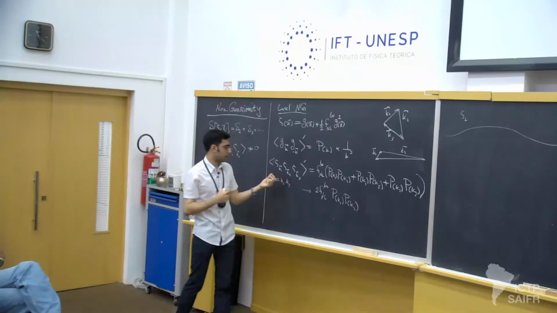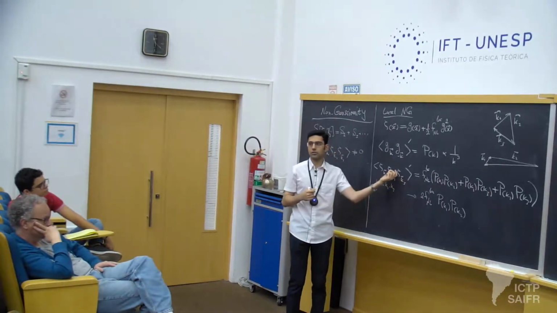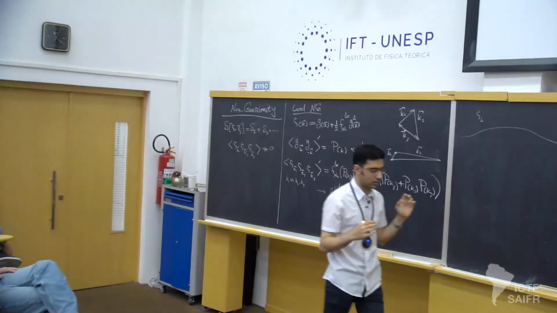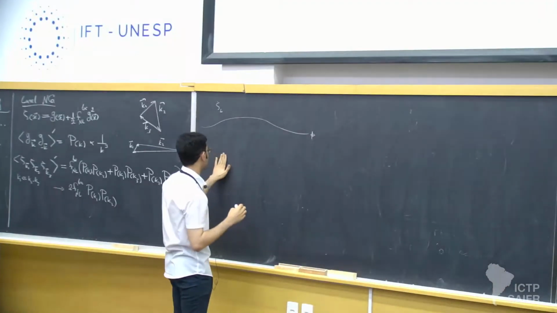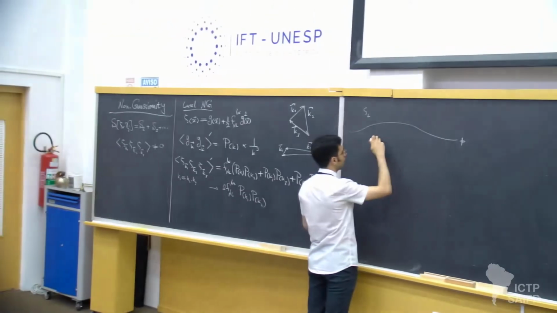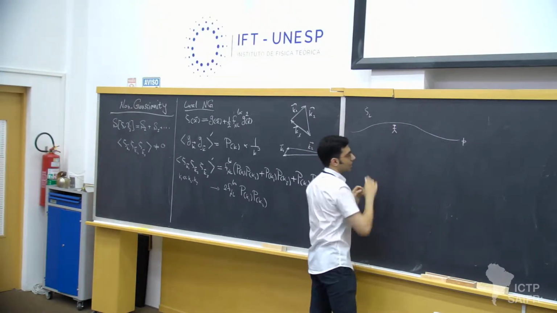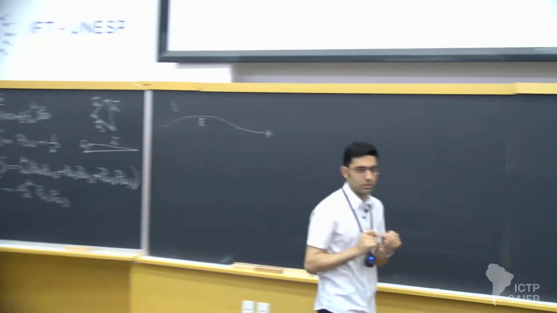And then we have two short wavelength fluctuations here. So we want to look at this 3-point function. So now the idea is the same as before. If I had an observer who lives here, and he does some local measurements,